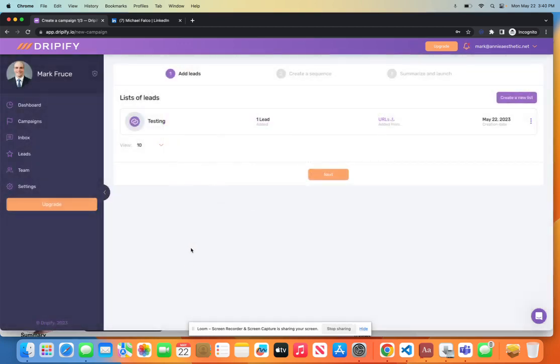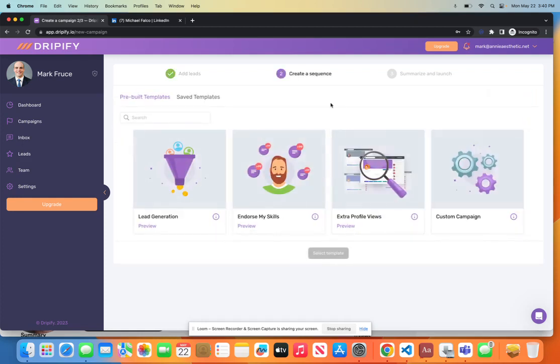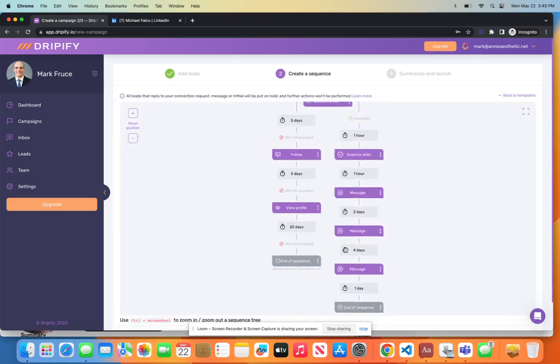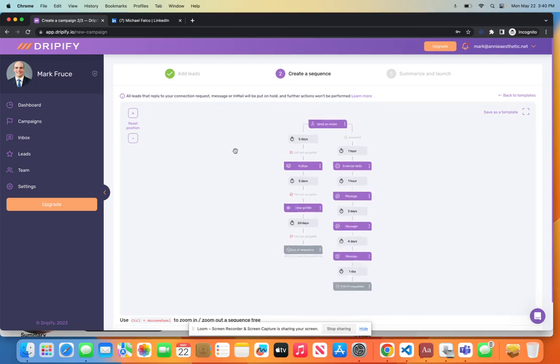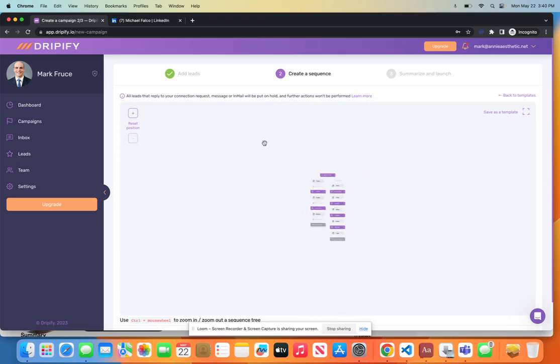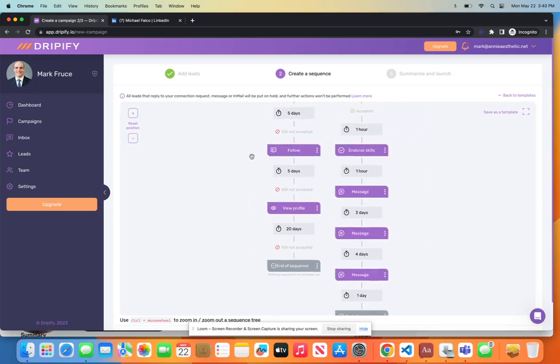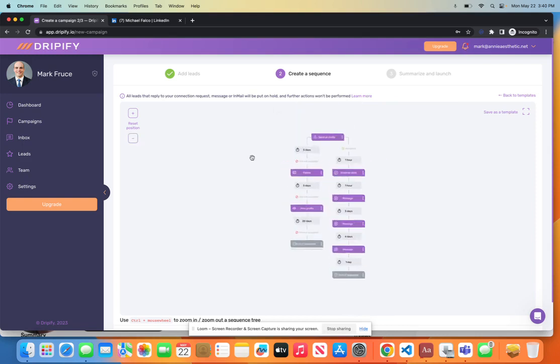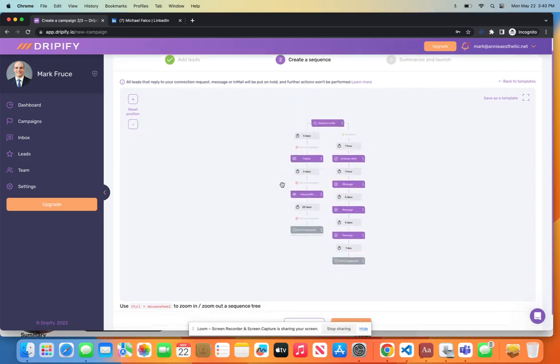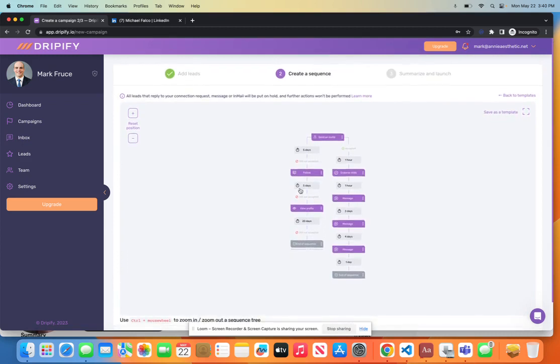All right. So we're going to create a list, right? So the next thing that we're going to do, this is the tricky, intricate part. We're going to create a sequence, right? So we're going to do lead generation for our example here. Endorse my skills, extra profile views. In my opinion, these all work pretty similarly, but that's okay. They all have their own desired outcomes. I think that the execution or setup of them is very similar. Okay, so here's really where